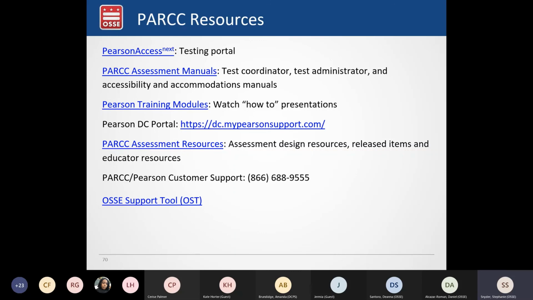The Pearson support number here has specific hours of operation that I don't recall off the top of my head, but there is a call center available to help with troubleshooting issues, and there's also the OSSI support tool where LEAs can put in tickets for specific support.